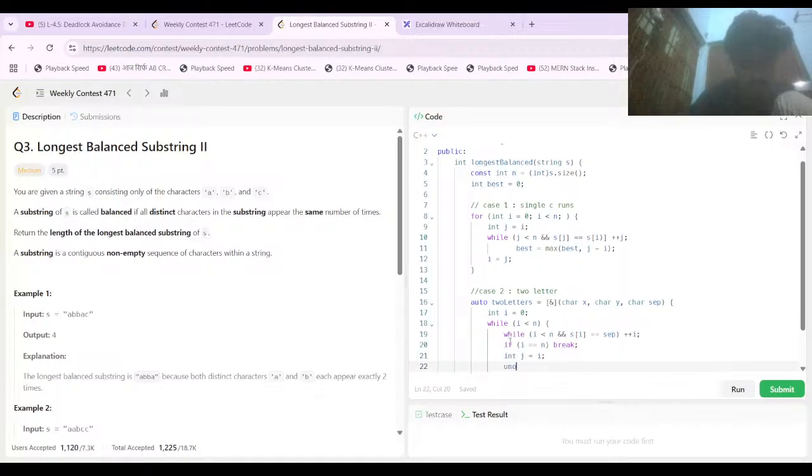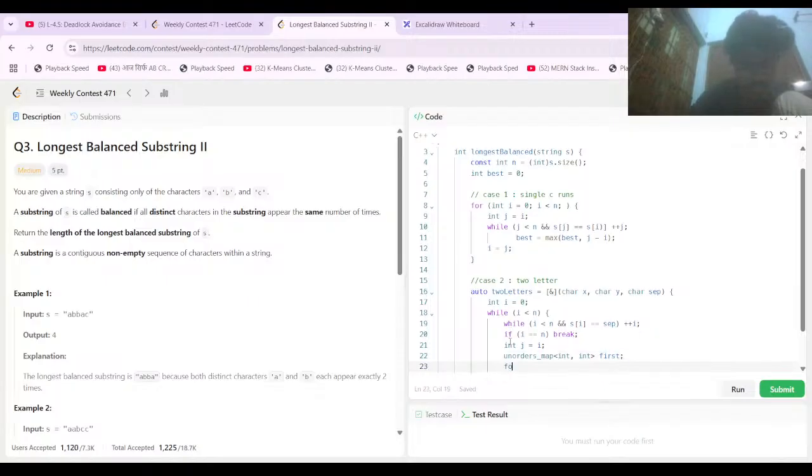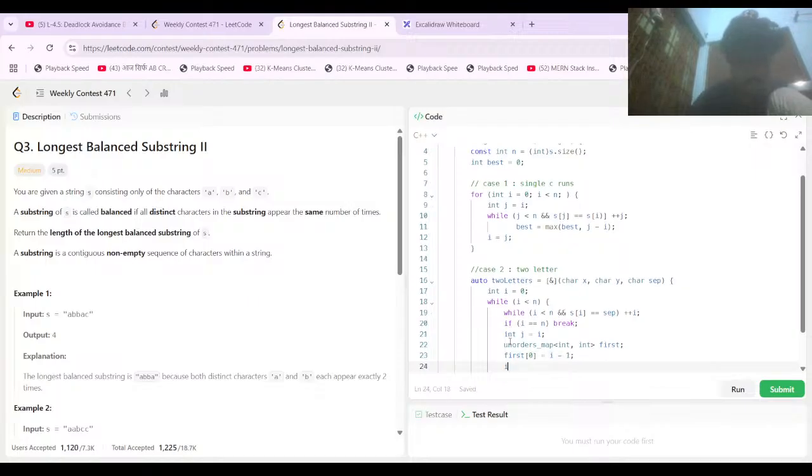Then unordered_map, int as int, first, right? First, then first of 0 is equal to i minus 1, right? So then int sum is equal to 0,